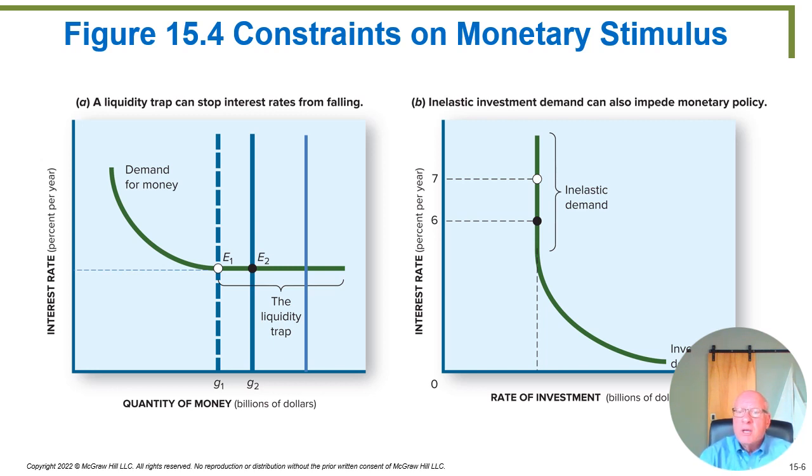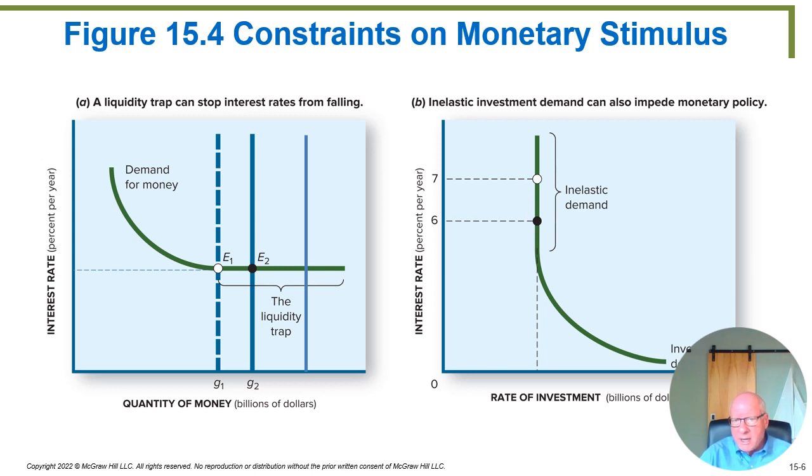Liquidity trap means once interest rates reach a certain low level, you have very little reason to want to change your money from a checking account to an investment account, because at a super low interest rate, there's not really that much to be gained from having the investment account. So the point here is, once interest rates get to a certain low level, it can often mean that any further stimulus that the government tries to do through creating money supply will not drive interest rates down any further. The money will simply pile up in people's checking accounts and not do anything. That's the liquidity trap.